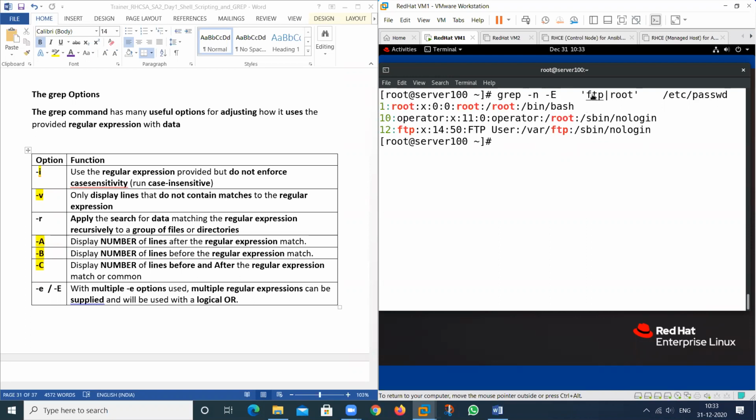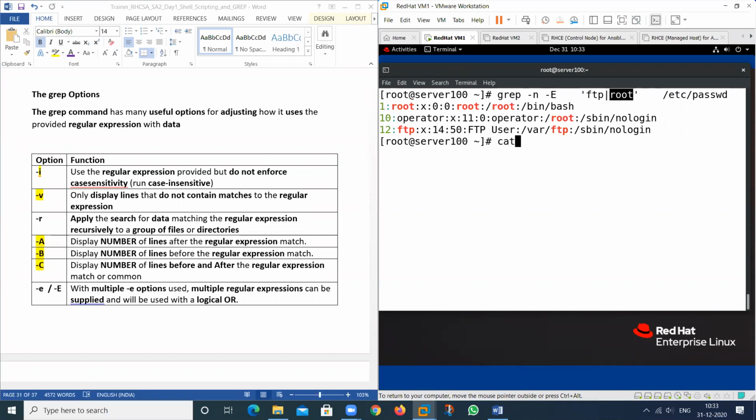So if I want to print multiple values at a time, we can use the -E option. So -E is used to search multiple values. So multiple regular expressions can be supplied and will be used with a logical OR operator. This one also matches, this one value also, or this one and another one.